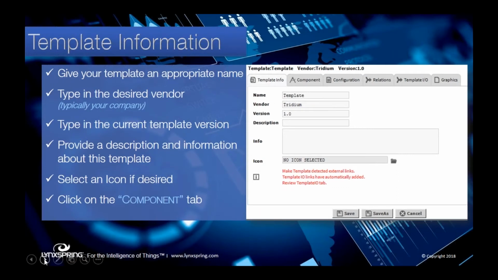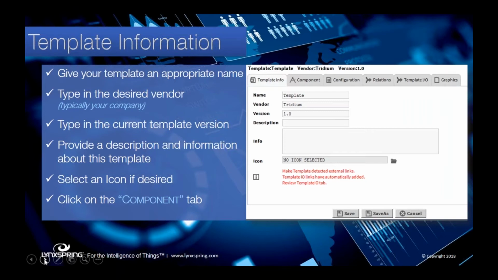If you're running 4.0 to 4.2, you'll have a version number here. If you're running 4.3, you'll have the version number, and you'll also have a drop-down that says whether or not it is a final version. In order to change the number, you'll have to select that it's final, and then that lets you do your 1.0, your 1.1, 1.2, 2.0, whatever versioning system that you want to use for numbering these.